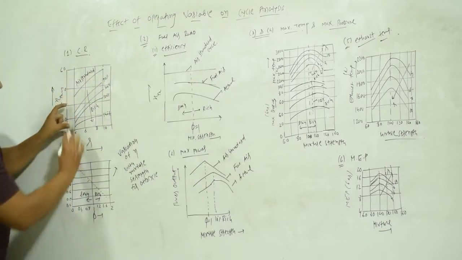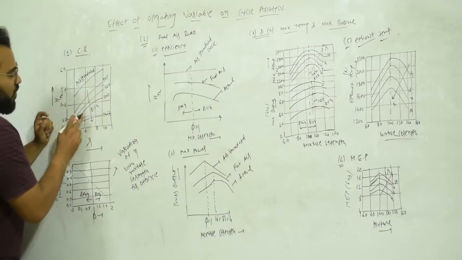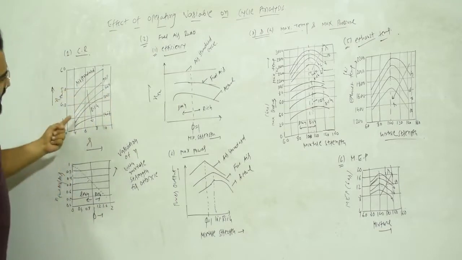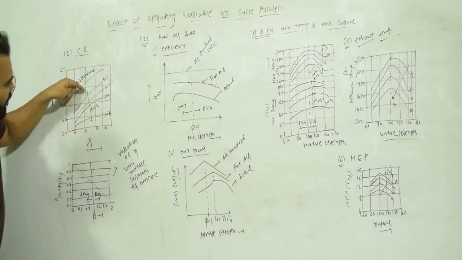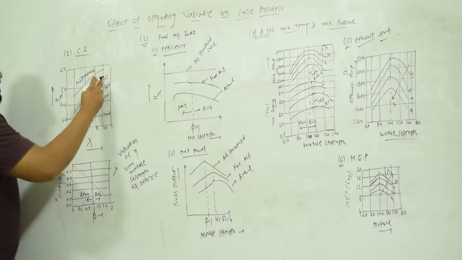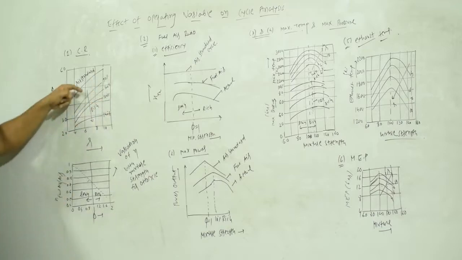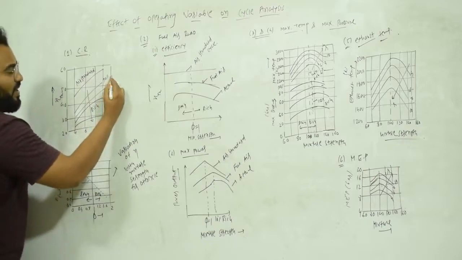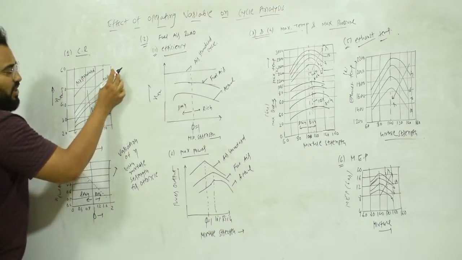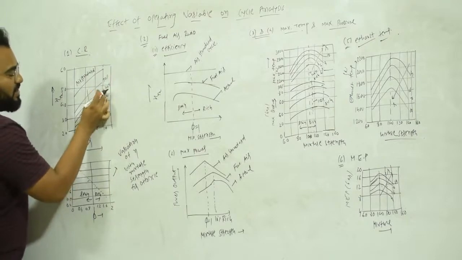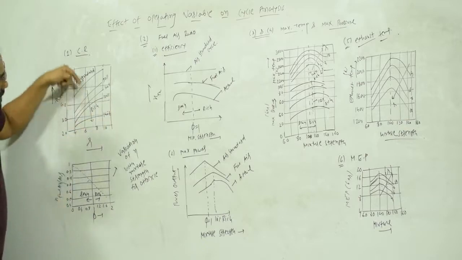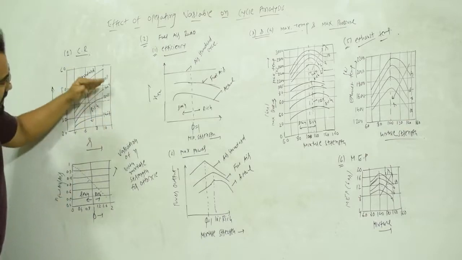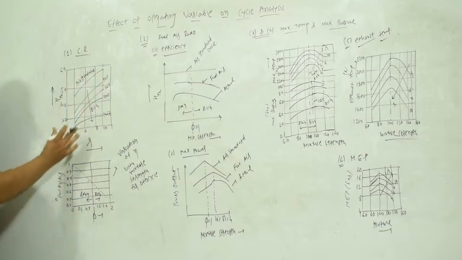Now let us restrict ourselves to the fuel air cycle. This graph is for the fuel air cycle, and you can see that as the compression ratio increases, efficiency increases. There is no doubt about that. But you can see that here the mixture becomes richer and richer. If you make your mixture richer, then your efficiency decreases. Why? Because at 90% mixture, the efficiency is more. At 100%, efficiency is slightly less, at 120% even less, at 140% even less. So if you go richer and richer, your efficiency is going to go down. This is the second conclusion.